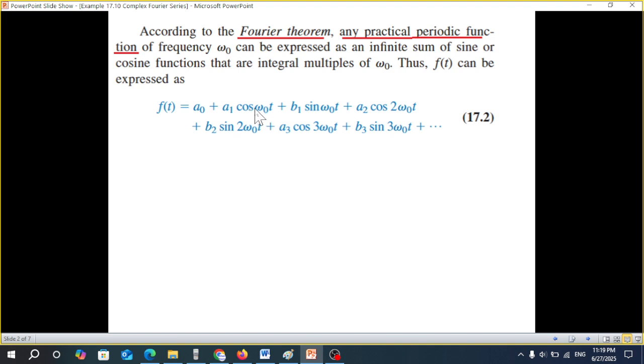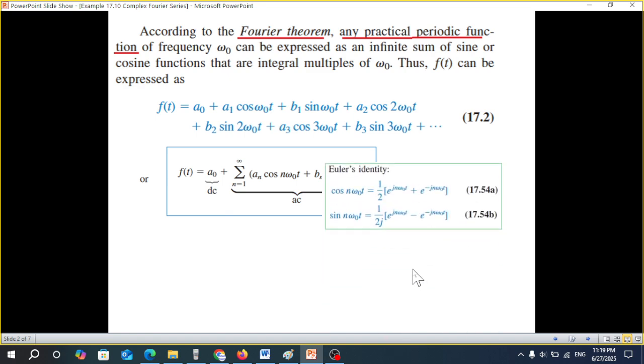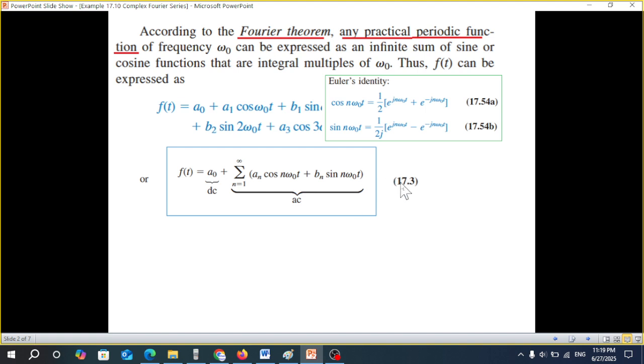Like here, you have cosine terms of first harmonics, then sine first harmonics, then cosine of second harmonics, sine of second harmonics. This way, you can add as many as you want to get the perfect signal. Now, this can be simplified. We just collect the cosine terms and the sine terms, and this is the DC term, so DC plus AC. But we need to further simplify as we go on to express it in